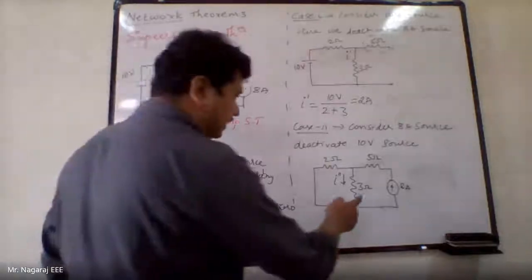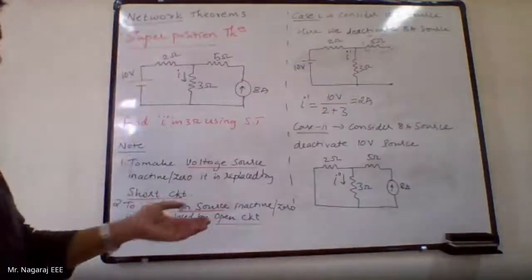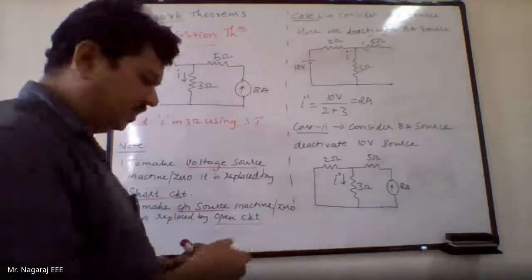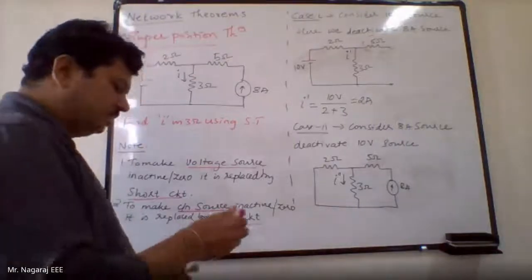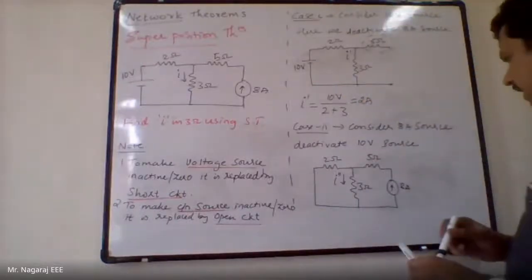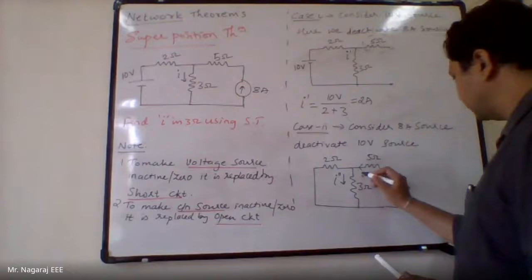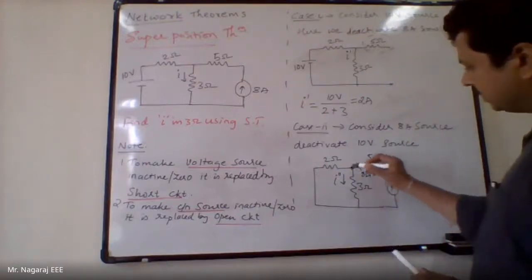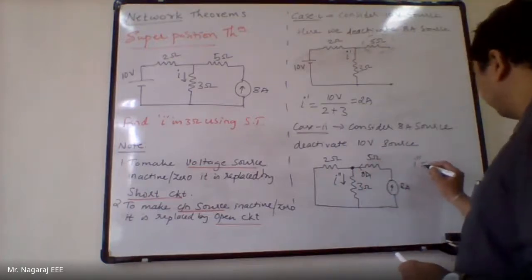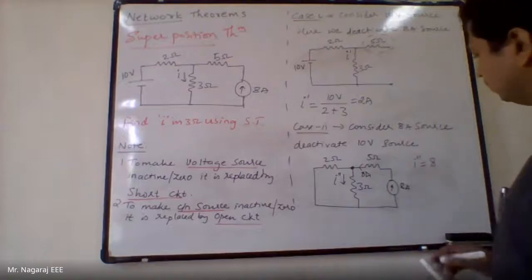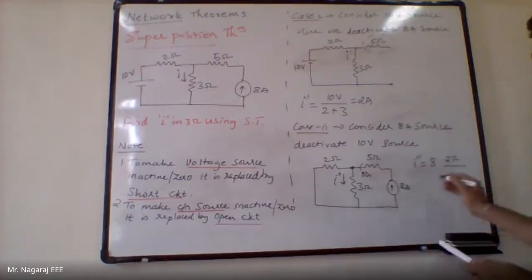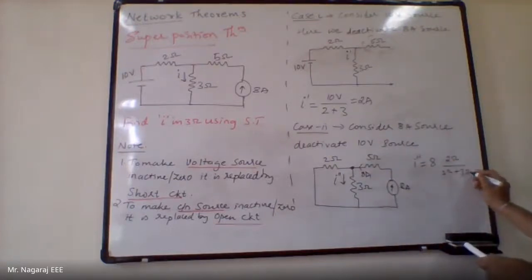Now I have to find out what is the current in 3 ohms. You can apply KVL or you can apply the current divider formula. You can do whatever you want. Simple is applying the current divider formula. Why go for KVL and all? Okay. So what is the current here? It is 8 amperes. The main current entering this node, the branch of 2 ohm and 3 ohm, is 8 amperes. So I double dash is equal to 8 into the opposite resistance, that is 2 ohms, divided by the sum of both resistances, 2 ohm plus 3 ohm.